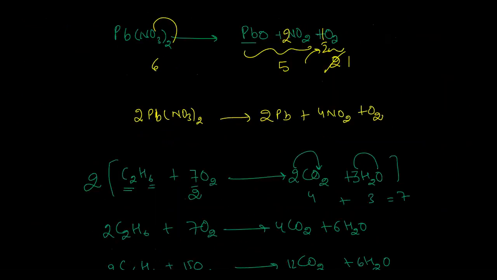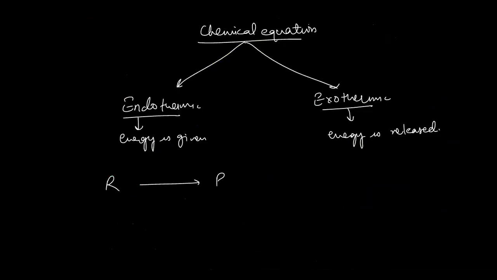First of all, let me explain what a chemical reaction is. A chemical reaction means writing a chemical change in terms of symbols and formulas. We can also call it a chemical equation. Now, if I ask you what a chemical change is, what is the difference between a chemical change and a physical change? Do you have any idea?